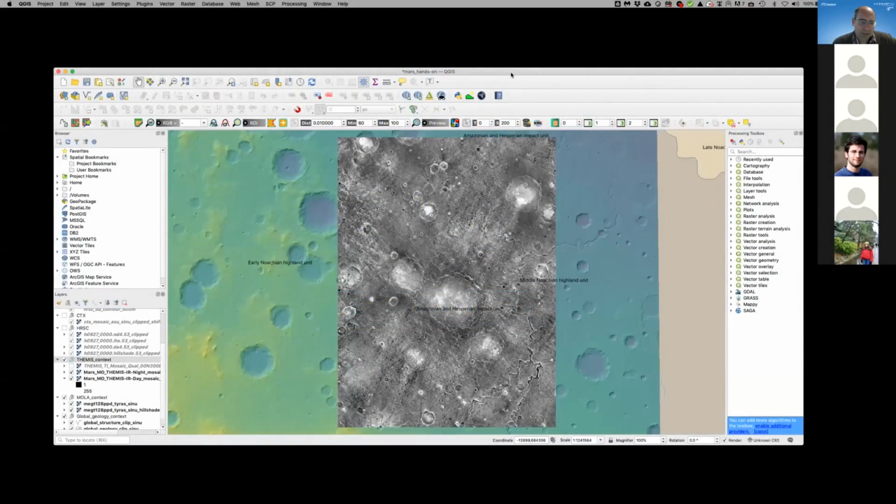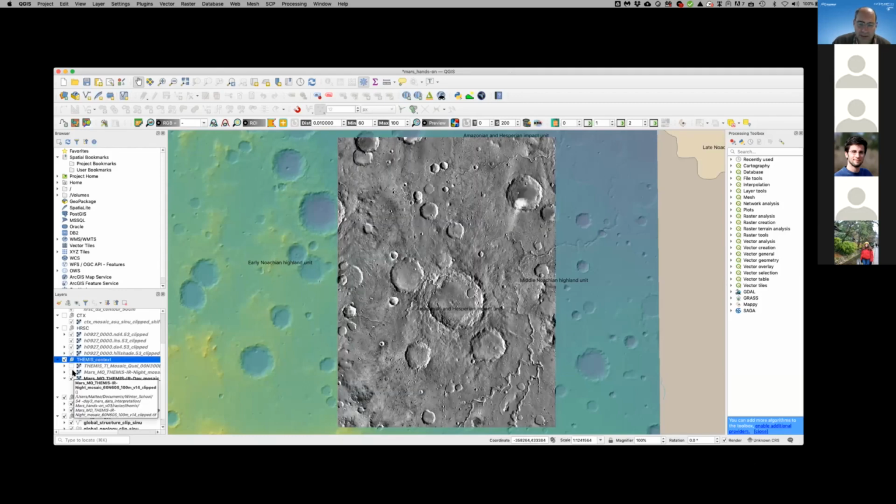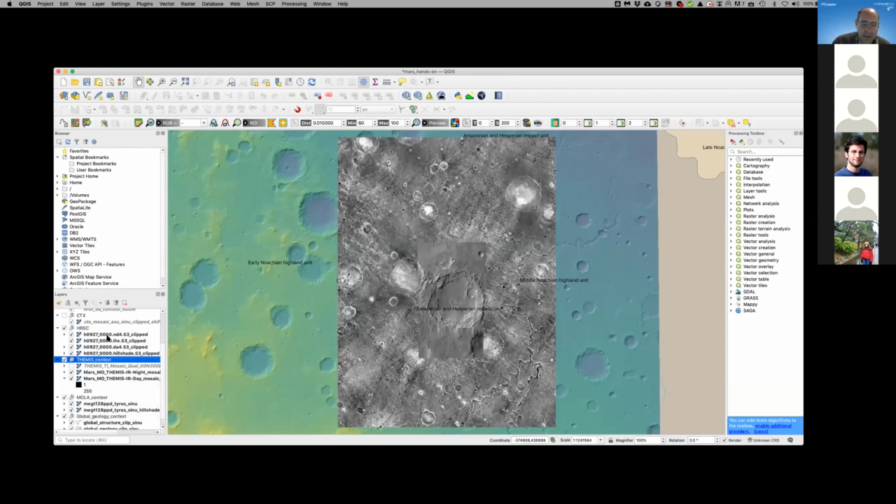As I said, we have the MOLA data, the digital elevation model, underneath the THEMIS data. This is the night data, in which you have bright parts where you have rock exposed or fresh material, and then the daytime data. They are not very good resolution. We mainly use higher resolution data. So HRC is a mosaic in which you see here,